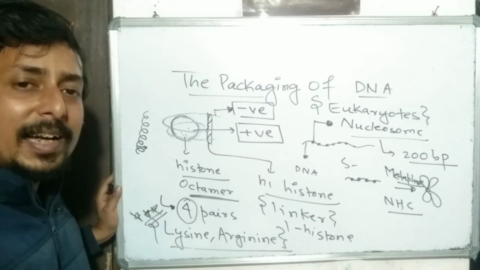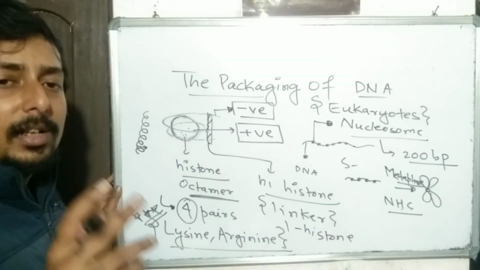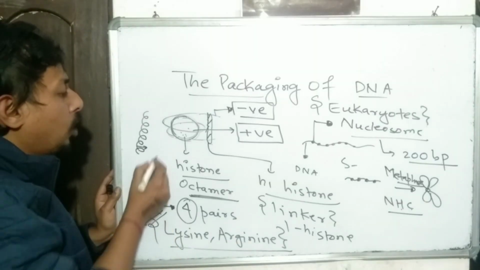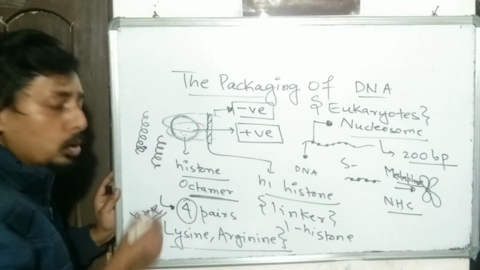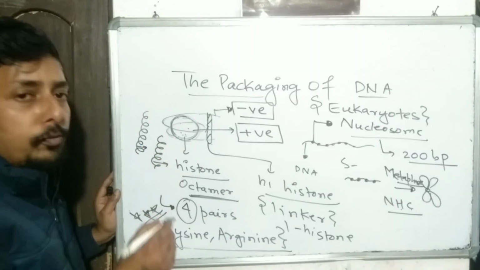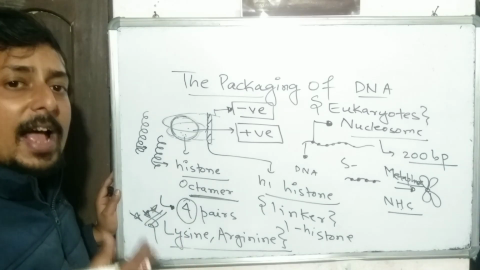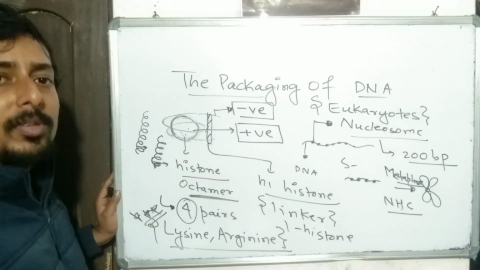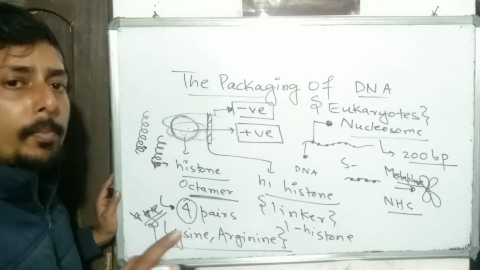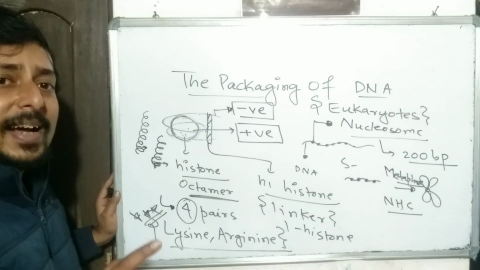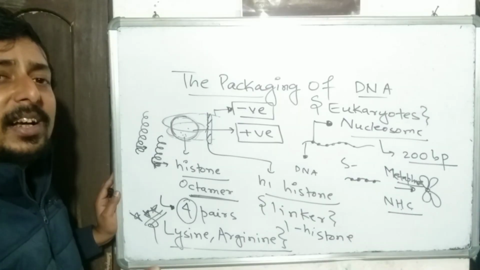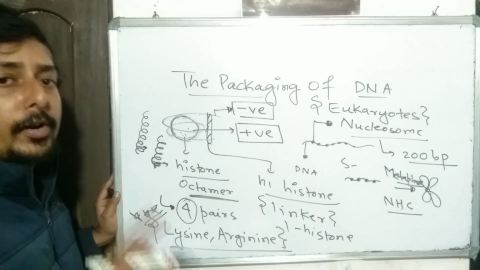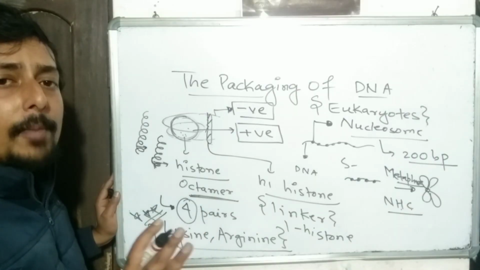Euchromatins are transcriptionally active. They are lightly stained. The euchromatin is lightly stained because the DNA is loose. They are loose because they have to form mRNAs. The enzymes must use the strands of the DNA. For that, the strand of the DNA must be loose. So this is the euchromatin. Heterochromatin that is heavily stained, tightly stained, does not take any role in transcription. They are called heterochromatin. So this is the concept I have explained.